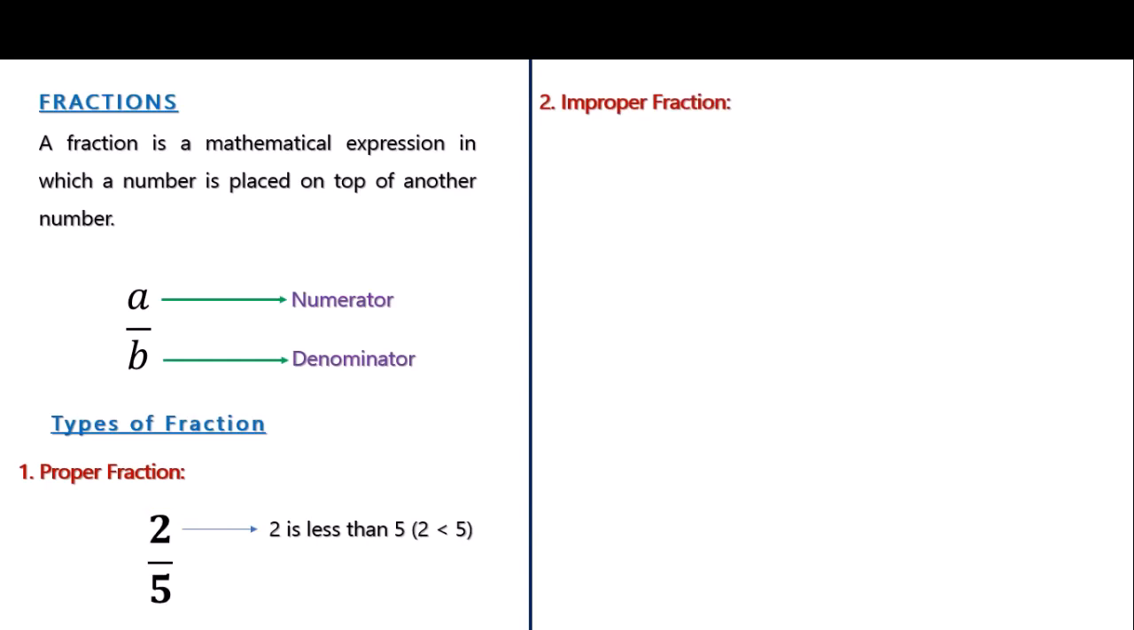It's known as an improper fraction. In an improper fraction, you have the numerator greater than the denominator. For example, when you have this fraction, which is 7 over 4, you will see that the numerator, which is 7, is greater than the denominator, which is 4. So whenever you have a fraction of this type, it is known as an